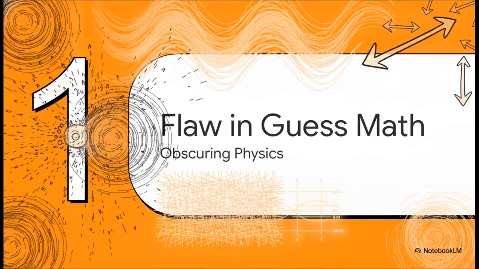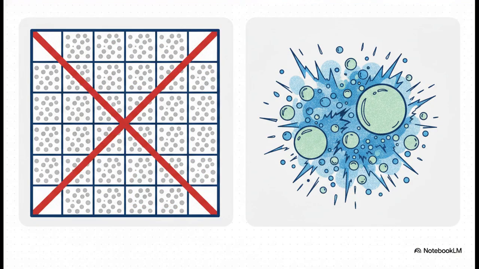Okay, let's dive into our first topic, Section 1, the flaw in guess math. To really appreciate what SVD does, we have to understand the inherent flaw in standard statistical data analysis and why the usual way of doing things actually obscures the very physics we're trying to observe. Think about what we might call guess math. This is your standard processing. It uses things like z-scores and artificial scaling, literally forcing every single column of data into neat, tidy 0 to 1 ranges. And sure, it makes different units really easy to plot on a clean graph, but it completely destroys